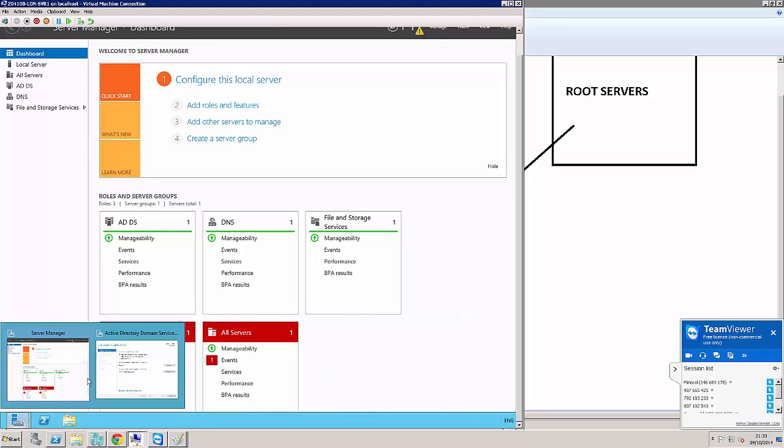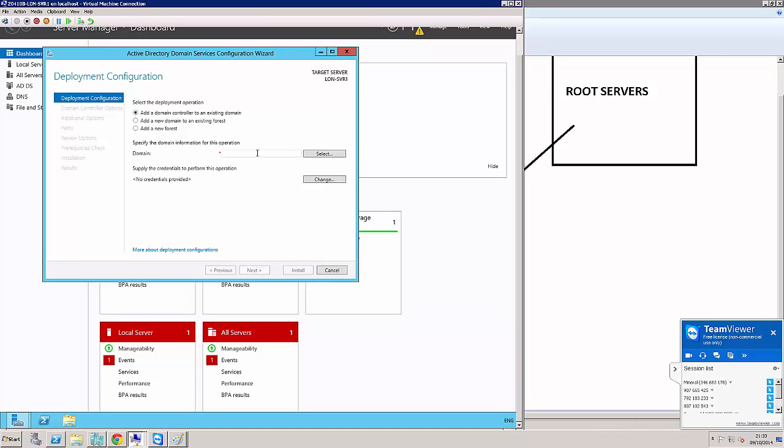Let's go back here. During the promotion phase, it's like, so what do you want to do? I'm like, okay, I want to add a new forest. This is not something that exists before. I want to call this forest red.com. So if I go next,